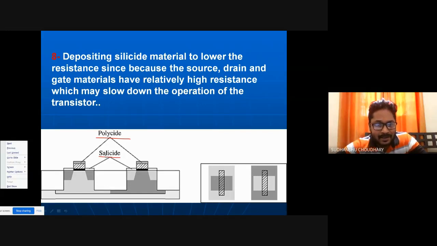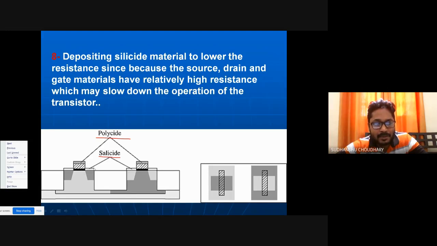So silicides are basically more electronegative type of silicon, and it has transition metal. So transition metal based silicon, and that is actually called silicide. So that silicide is deposited over the drain and source diffusion regions, or drain and source contacts, because the resistivity of the drain and source contact is very high, that is, conductivity is very low.